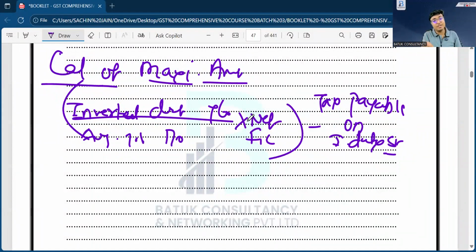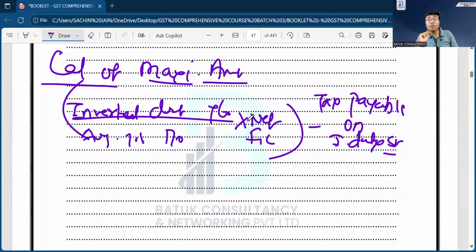Adjusted total turnover means your total turnover. So inverted duty turnover divided by adjusted total turnover, multiplied by the ITC which you have claimed in your GSTR 3B return for the specific period for which you are filing the refund, so that your ITC will automatically